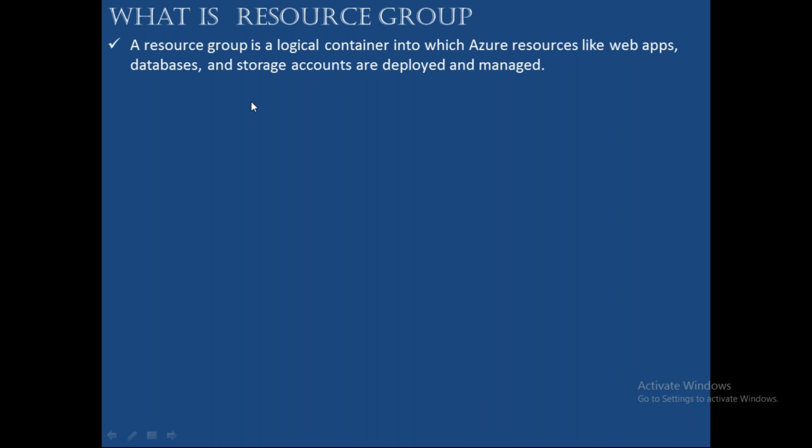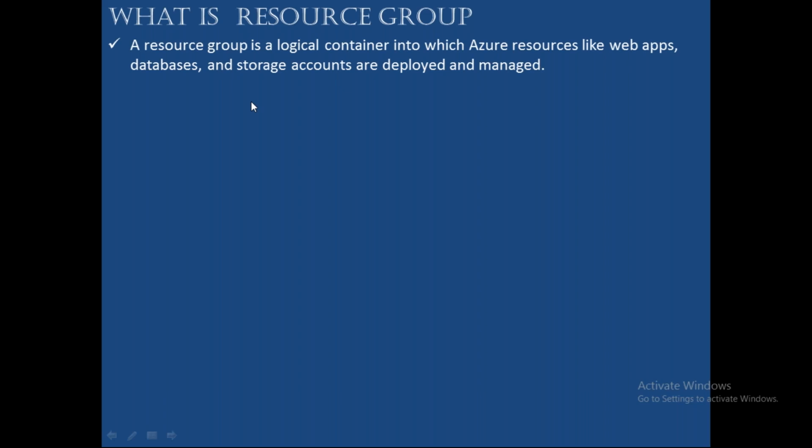Example, when you launch Azure Databricks, in the backend, we have discussed, it is going to launch a blob storage, it is going to launch a virtual network, it is going to launch a security group, and many more things. Okay, network watcher and many more things. When you create a cluster in an Azure Databricks workspace, it is going to launch a virtual machine. So all these things are going to happen in the backend. So you are going to launch Azure Databricks, and in the backend it is going to launch blob storage, virtual network, a security group. But where are you going to see all these things? If you launch this Databricks workspace in a resource group, in that resource group, all dependency resources also will be created.